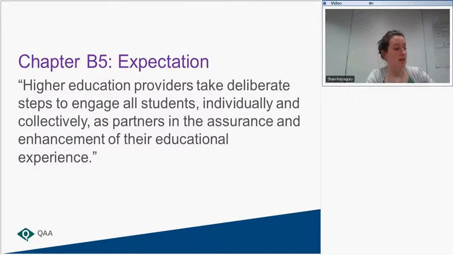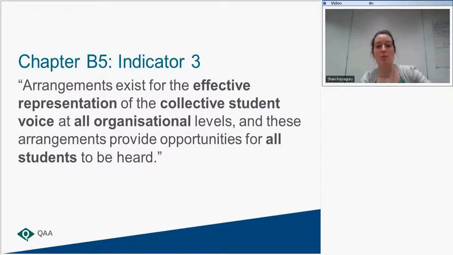So if we want to look at the indicators, I've brought up one particular indicator. It places responsibility on the institutions for quality processes and makes them responsible. Absolutely, that's a really key part of the expectation. It's down to the institution to take those steps and make student engagement happen in a positive way. It isn't up to the students to do that, and you're completely right.